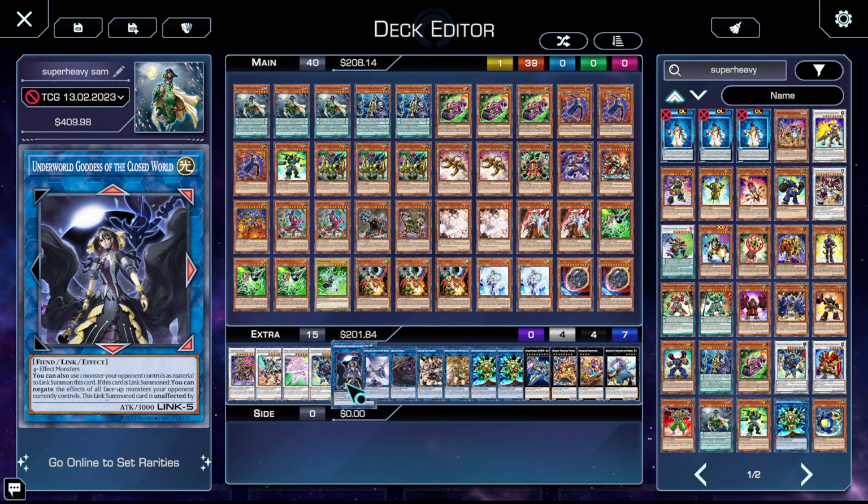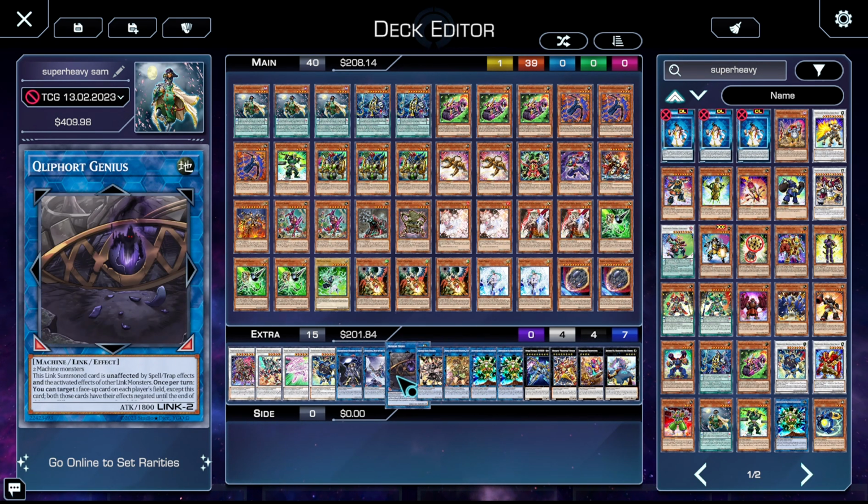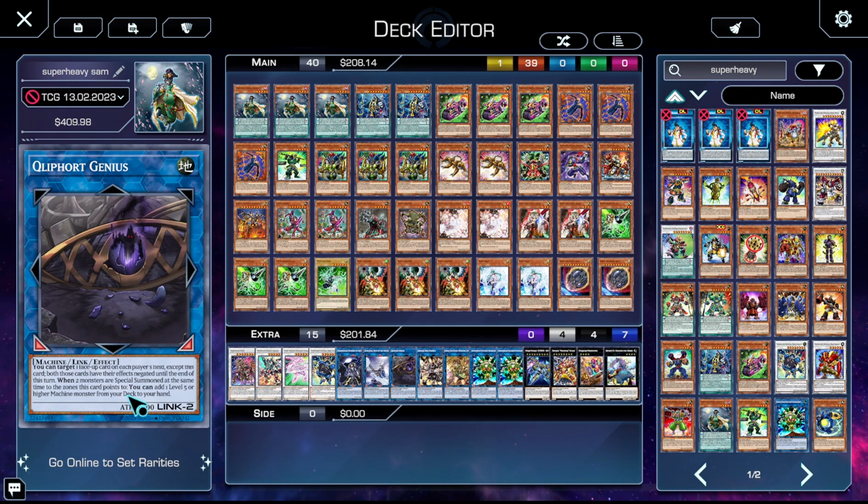1 copy of Underworld Goddess of the Closed World, so we can out towers monsters. 1 copy of Apo, 1 Cleafort Genius. If it's Link summoned, it's unaffected by spell trap effects and the activated effects of other Link monsters. Once per turn, you can target one card on the field, yada yada, but the only thing that you really need to read is when two monsters are special summoned at the same time to zones discard points, you get to add a level 5 or higher machine monster from your deck. You can use this to add Regulus, Arkaiju,